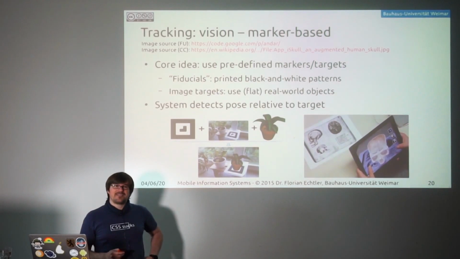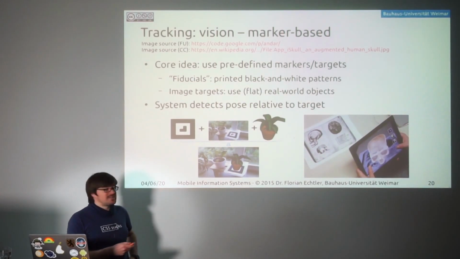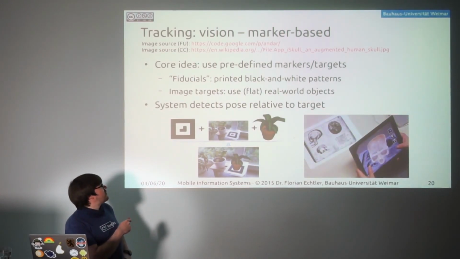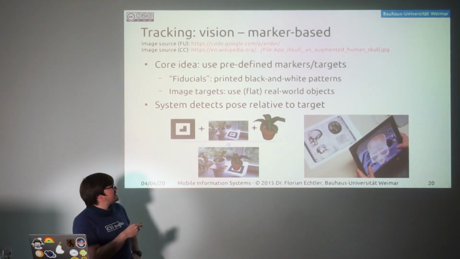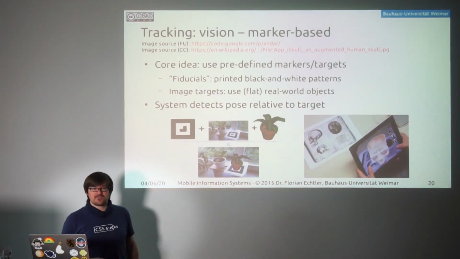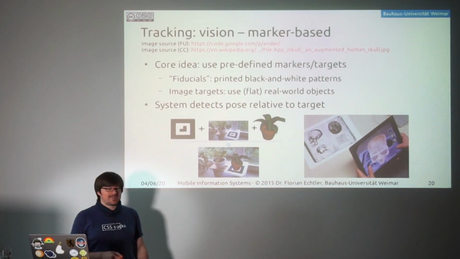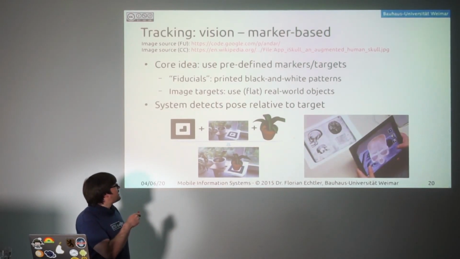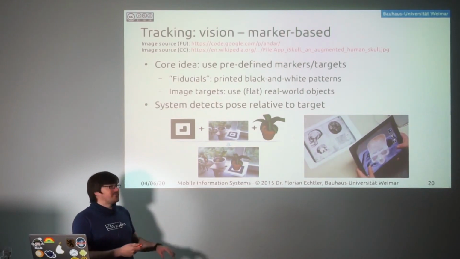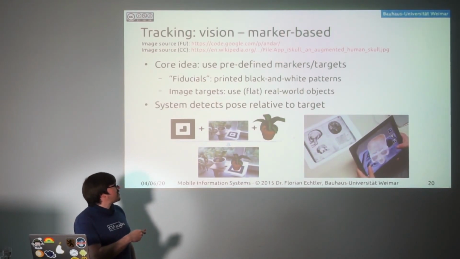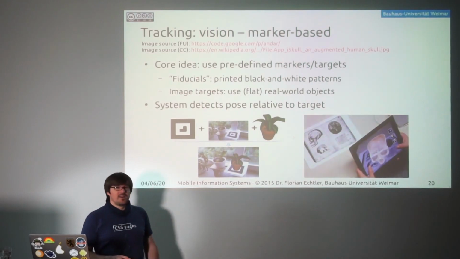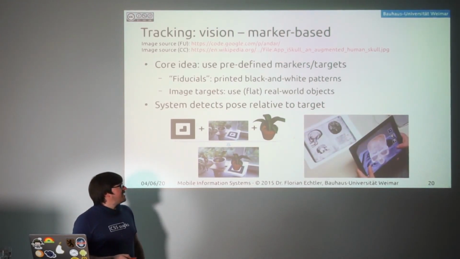And the fundamental approach, or the easiest approach, which people have been using for also 20 years at the very least, often with AR Toolkit, for example, is to use these fiducials. So usually you have a big black border that can be easily identified by a computer vision algorithm, a very simple one, and then you have that identifying pattern in the middle. And that, in combination with a bit of geometry, gives you the pose of that marker, and then you can put virtual content on top of the marker. These patterns don't look very appealing,